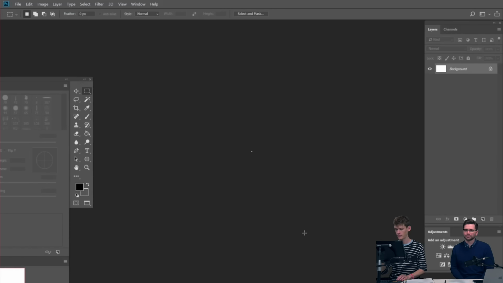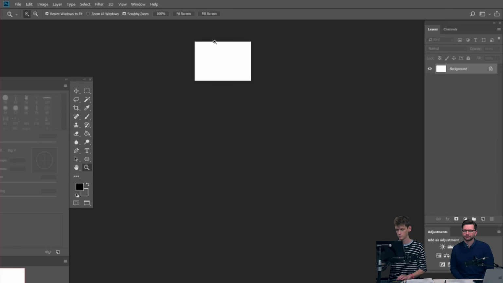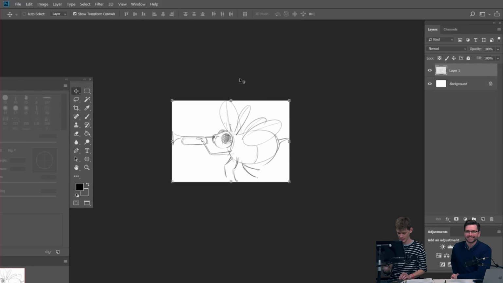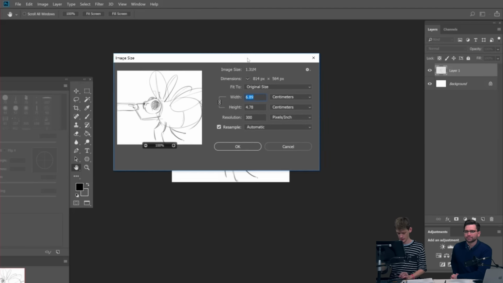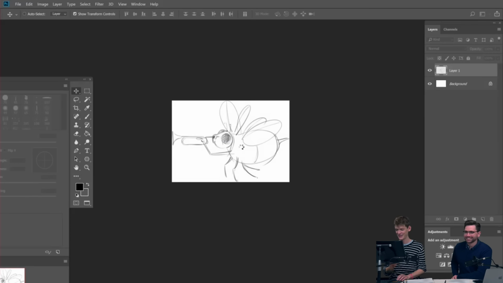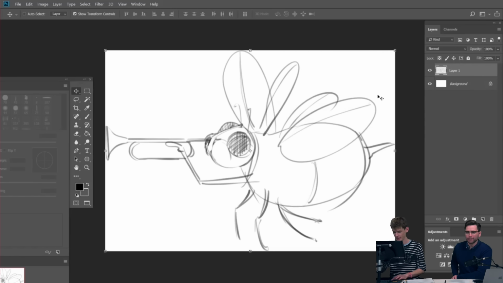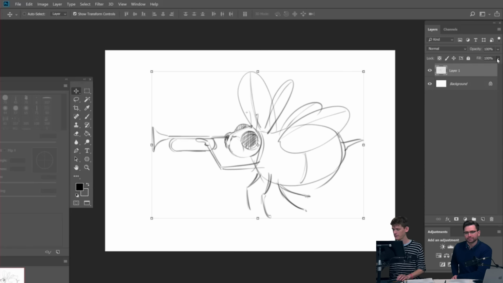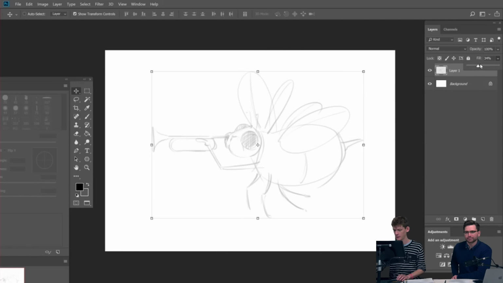Let's make a new file. Whoa. It's a really little bumblebee, but we can scale this one up a little bit. So I'll just get my image size. That's Control-Alt-I for anyone watching at home. Well done. That was my next question. So let's scale it up to about 3 times the size, but it's still a relatively small file. So we can work on this guy. Drop the opacity back so we can start to work on him a bit more.